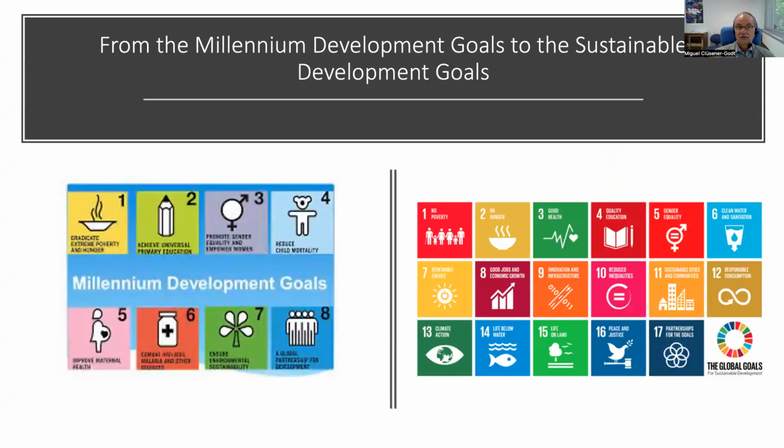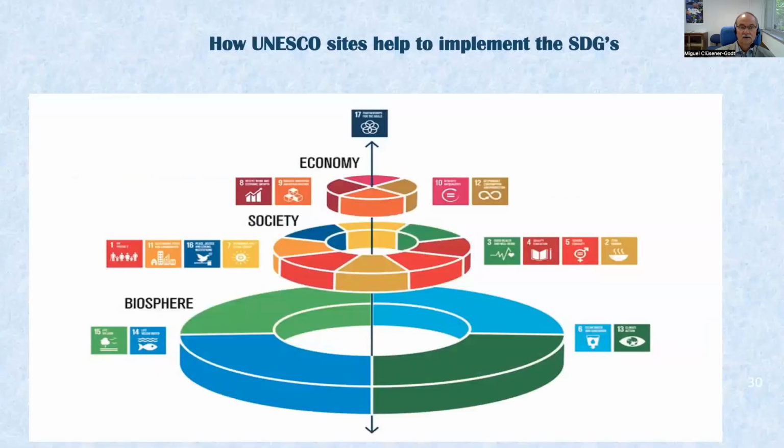Because we have the Millennium Development Goals, you remember a long time ago, and we have the Sustainable Development Goals, 2030 should be achieved. So they say. So how can these sites that I already mentioned, I mentioned here UNESCO sites, but maybe also other sites, also help to implement the SDGs? So we see the nature part here on SDG 6, 13, 14, 15 at the ground level.